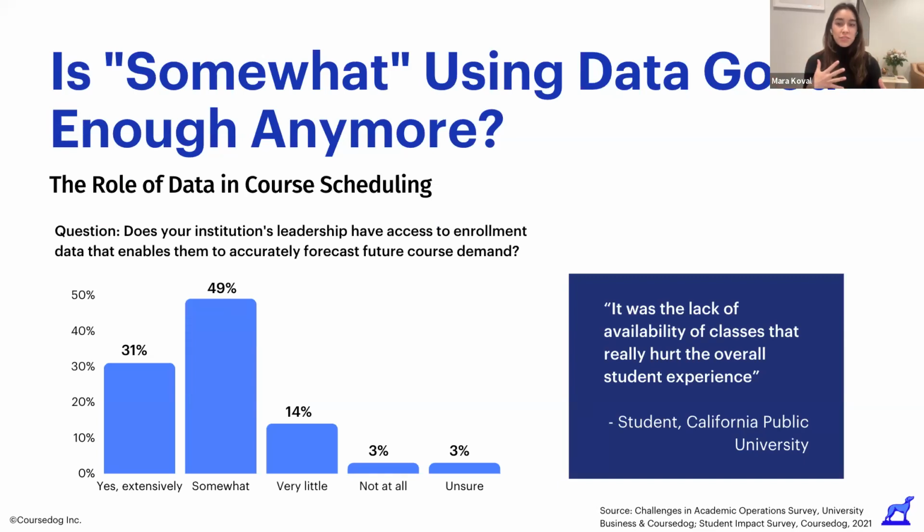So we've also talked about the role of data in course scheduling. Last year, we conducted a survey with University Business, and we asked about the role of data specifically in the course scheduling and planning process. So the good news is that the majority of institutions are using data to some extent to inform their course scheduling processes. However, almost half of the institutions that we surveyed reported that they somewhat use data in the course scheduling process. This is somewhat puzzling because in an age of information overload, why aren't we using all of the information that we have at our fingertips to create truly student-optimized scheduling? So let's take a look at some of the data points that we've identified that can help create a student-centric schedule.